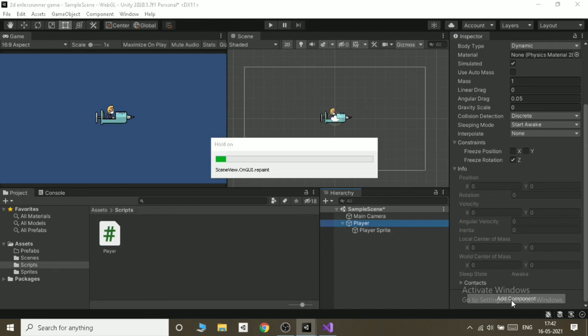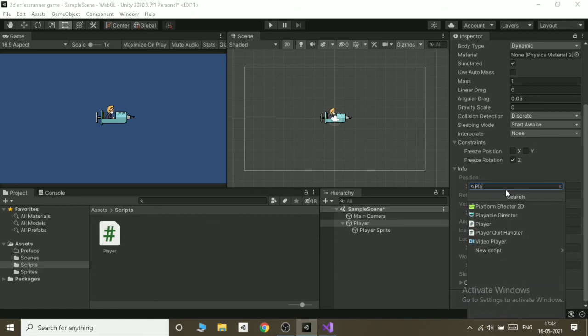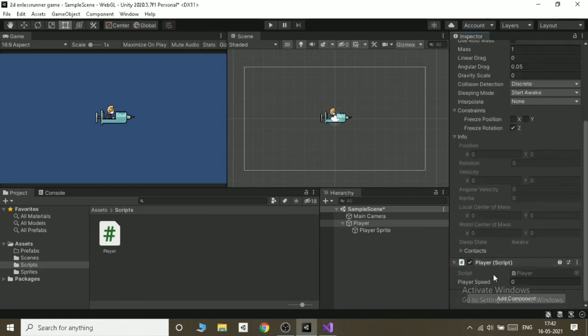We need to attach the player script into player, so add component and search player. If we search player, we can find the player script, so that only we have to attach. We will click it to attach, and it will show the player speed. So we have to keep player speed 10.